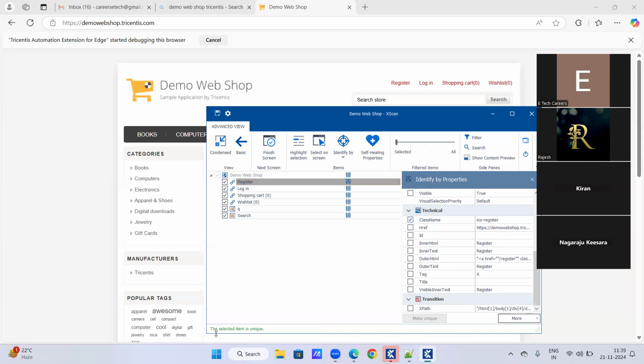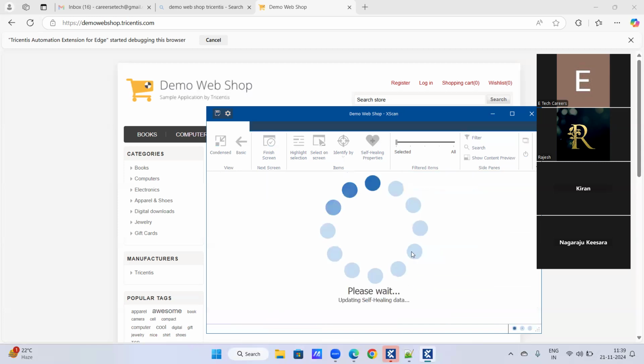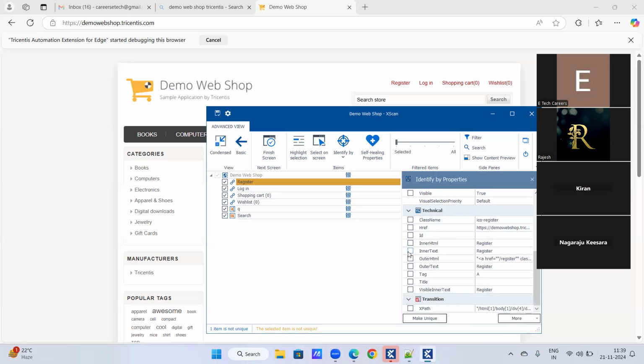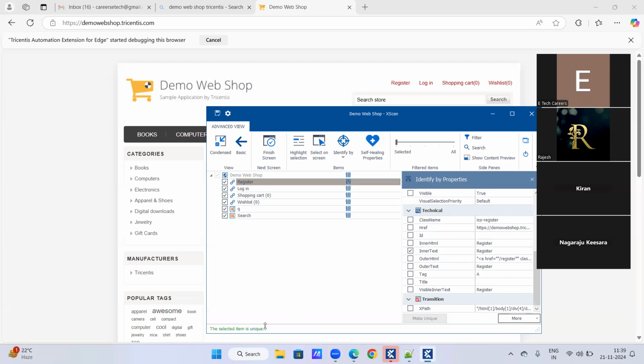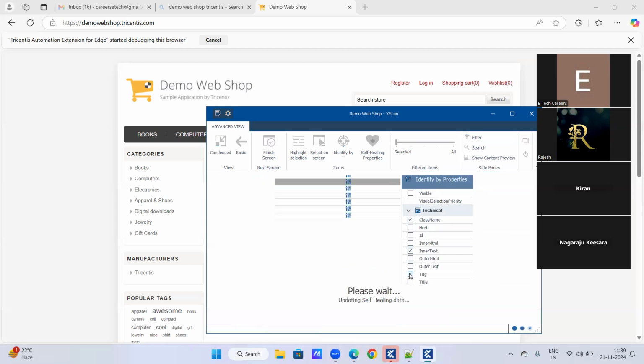What happened? The selected item is unique, right? If I select only inner text, the selected item is unique. If at a time I select class name, tag,